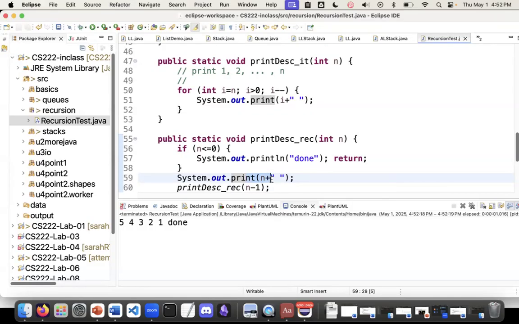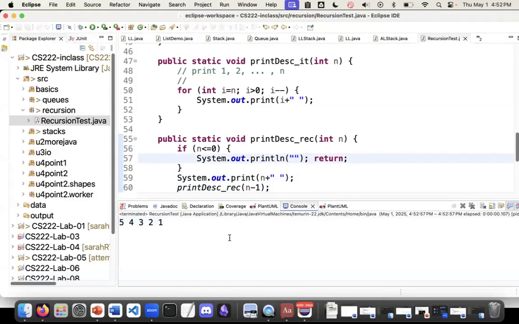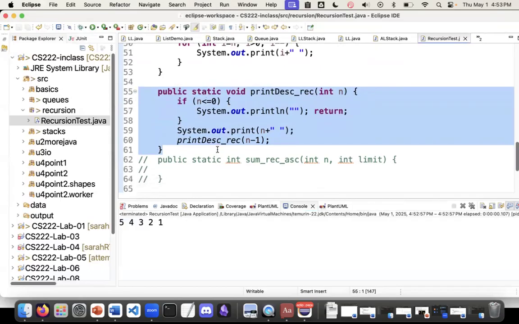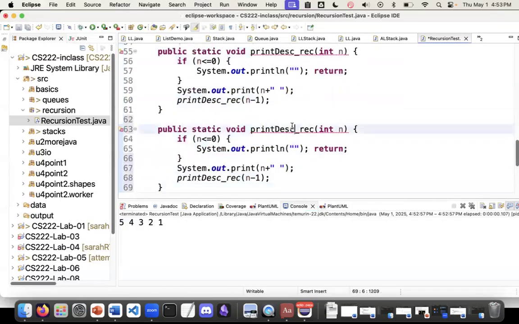Cool. So let's say we don't want to print anything. Let's say we just finish there. I'm going to argue that if we want to print in ascending order, so instead of print desc recursive, print ASC recursive,